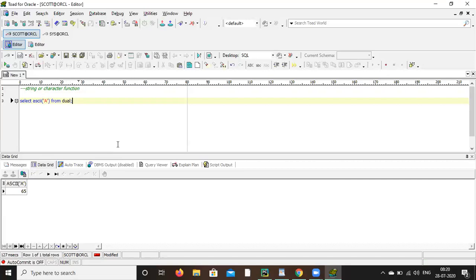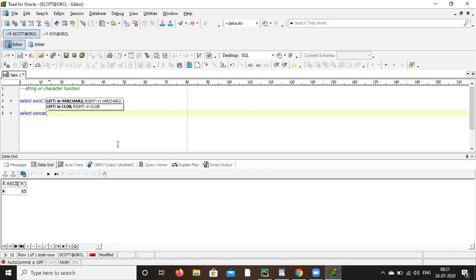Okay. Now next, select concat within bracket, within single quote good, comma, within single quote morning from dual. So it will concat two strings, good, morning.